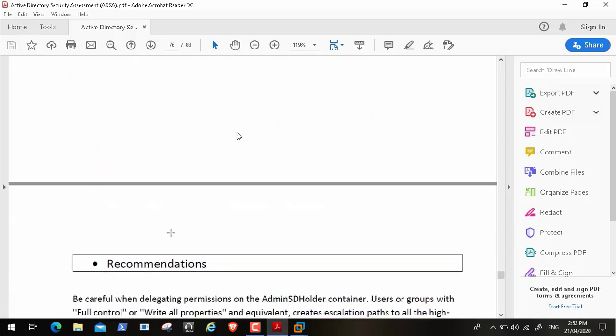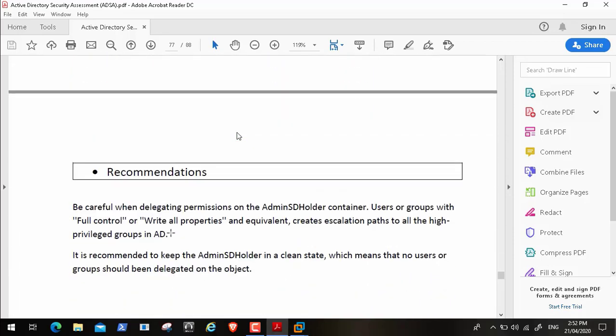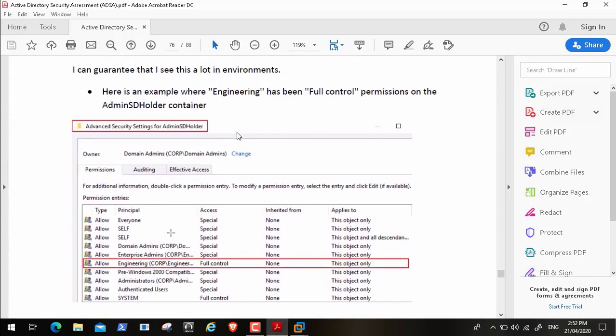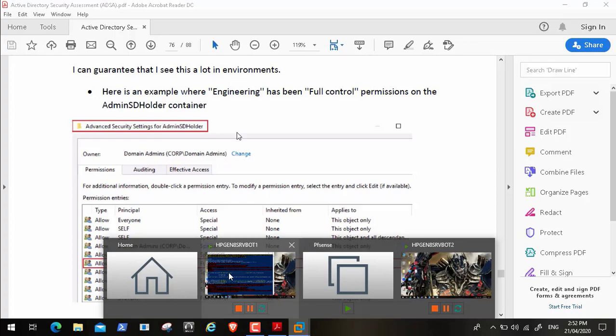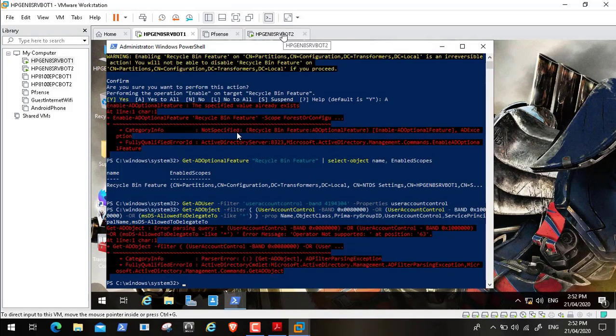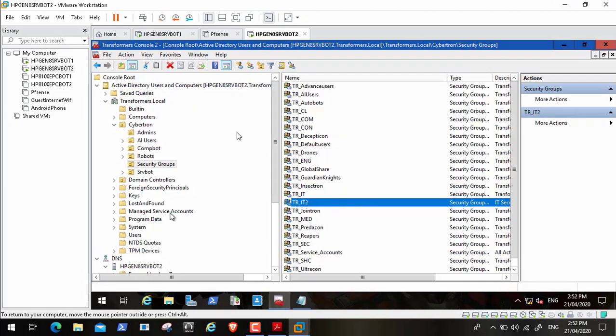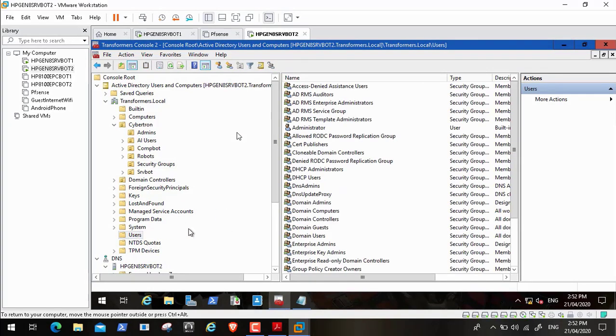Okay, AdminSDHolder. This is like a configuration, or like a folder, or something like an option. You need only to make sure that IT is the only persons that have full control on it, or the one that is responsible for using it, or making any changes to it. Okay, so here now we will go to